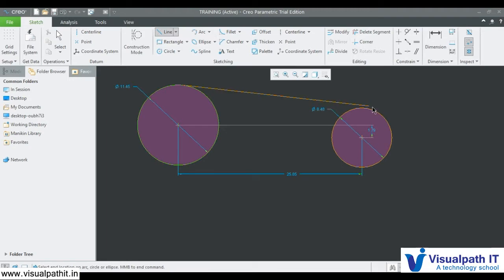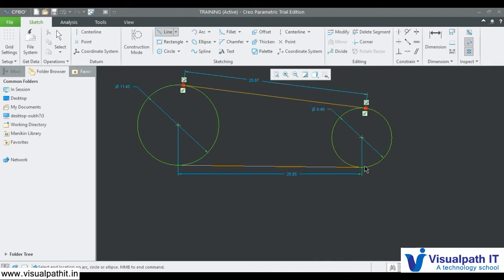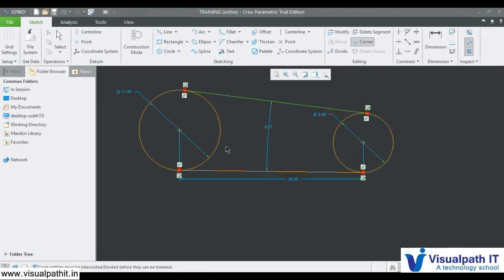Let's say I want something like this. And I don't want this particular option, and I don't want this particular option also.